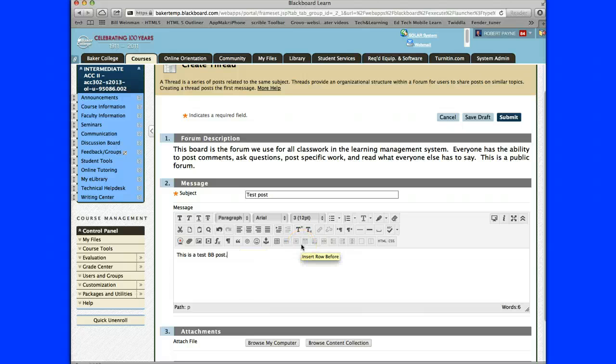So obviously you need to experiment with it, and depending on how you put things together in the discussion board, I think you'll find this relatively easy to use, but you just have to play with it for a little bit. So at this point I just click submit,